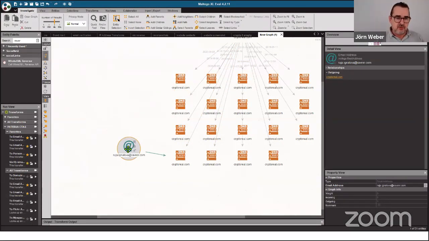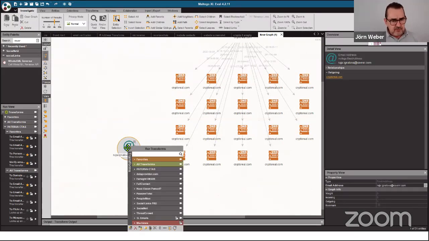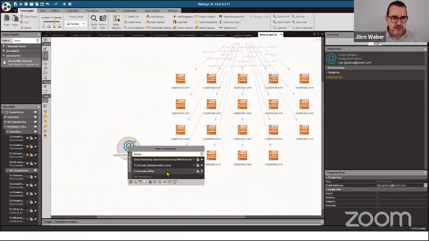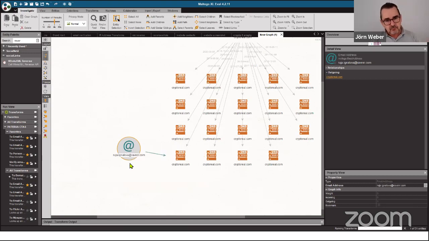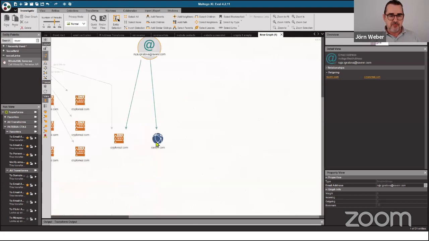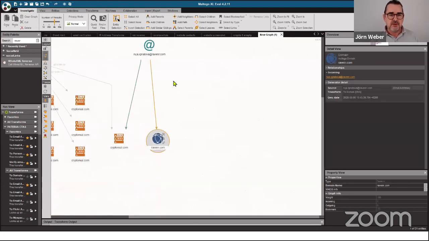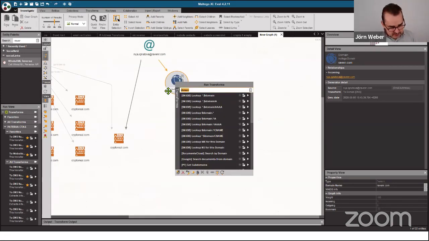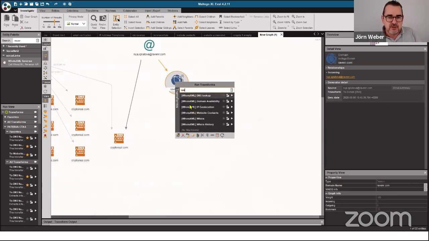So, okay, interesting. I have an email from this lady. I have the domain in this email. So there's a nice transform. You say to domain DNS, just search it. You get the domain. And now we are happy because we talk about Whois data. So of course, what we want to do is see what we can do with our new Whois. You can make it shorter by simply searching for XML.